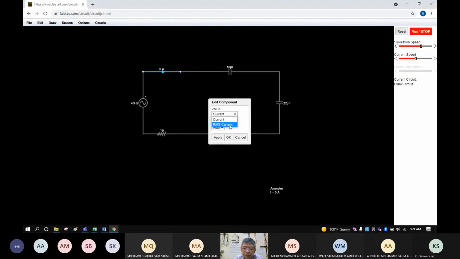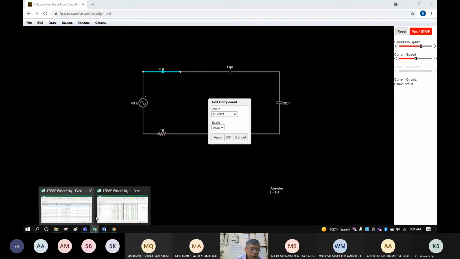So it does not necessarily mean that you have the correct answer and can get the complete marks for that. Root mean square. Repeat. Root mean square.